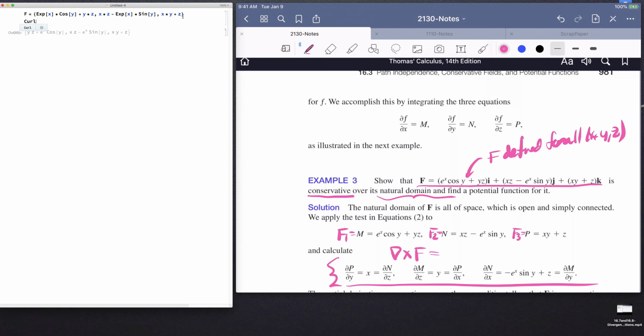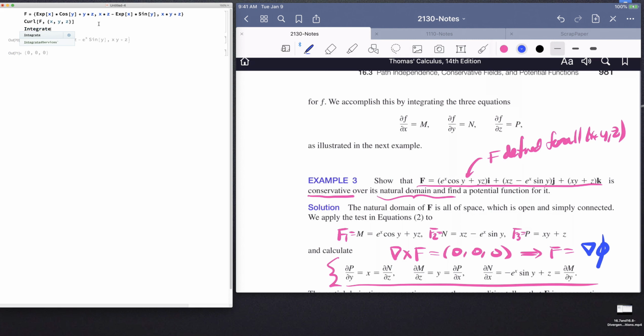Okay, and now you can compute the curl of this vector field. Okay, curl of the vector field F with respect to x, y, and z. And you can see here that the curl comes out to be the 0 vector field, which means that this vector field is conservative. That means that there is a function phi such that this vector field is the gradient of phi. Now we need to find that potential function,